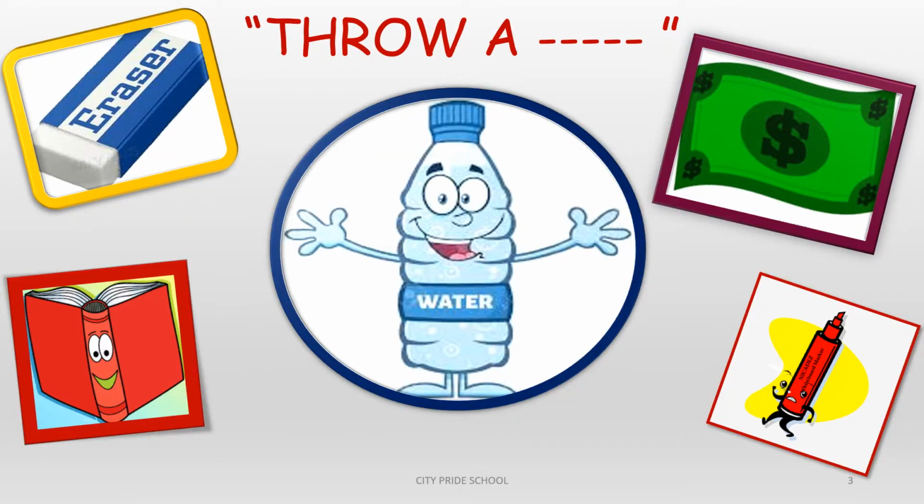Now children, there's an activity before we start our topic, that is throw a dash dash dash. If you see here, there are 5 objects, right? And if you wish to throw any of these objects to any of your friends, you'll have to throw it, right? Suppose I choose maybe a marker, and I throw this marker to my friend Priya. Okay, so what would be the sentence? Stuti threw Priya a marker, or I can also write Stuti threw a marker to Priya, right?